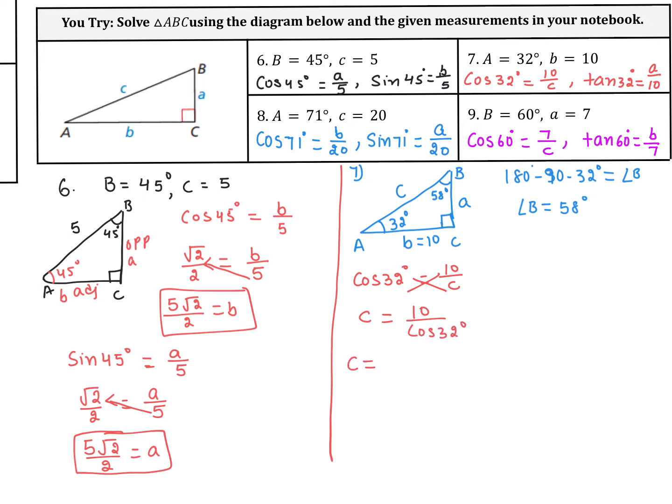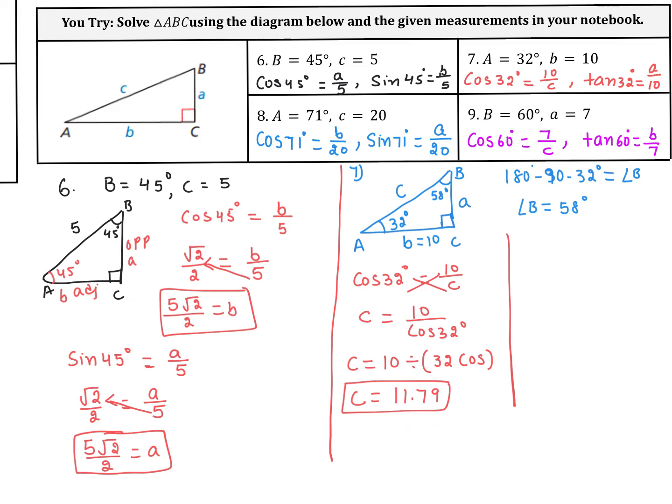In the calculator, you can put 10 divided by, bracket open, 32 times cosine, bracket close, you got